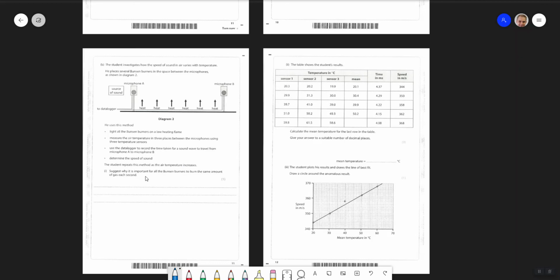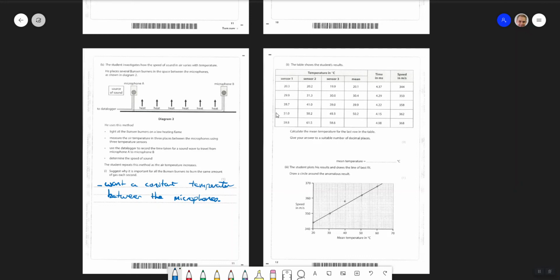Suggest why it is important for all the Bunsen burners to burn the same amount of gas each second. Well, that would ensure, so for example, if this one was burning more, then this area would be hotter. We want the temperature to be the same. We want the temperature to be the same at all points. So we want a constant temperature between the microphones. So you're saying that I need this temperature to not change. Okay, then we have